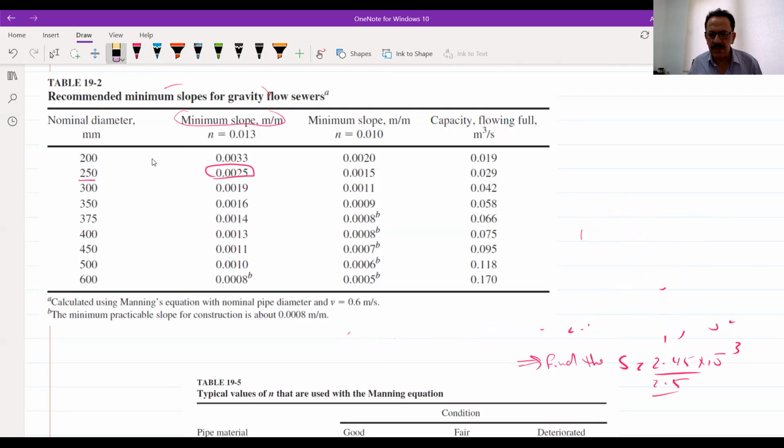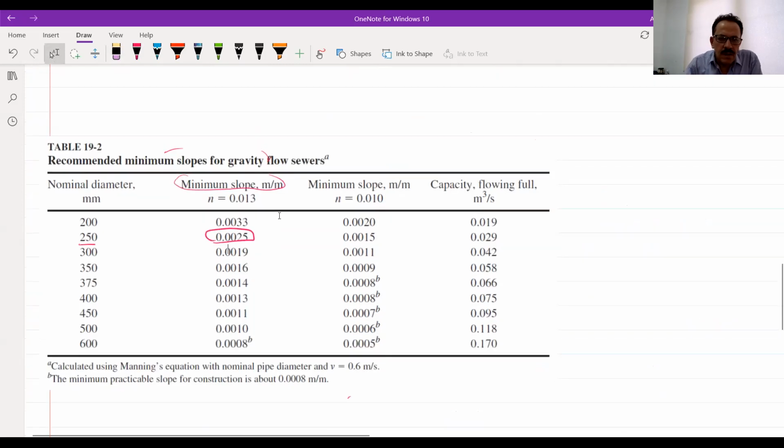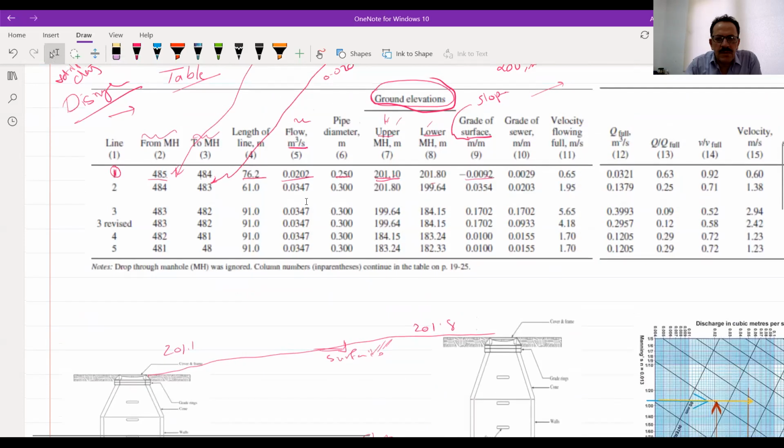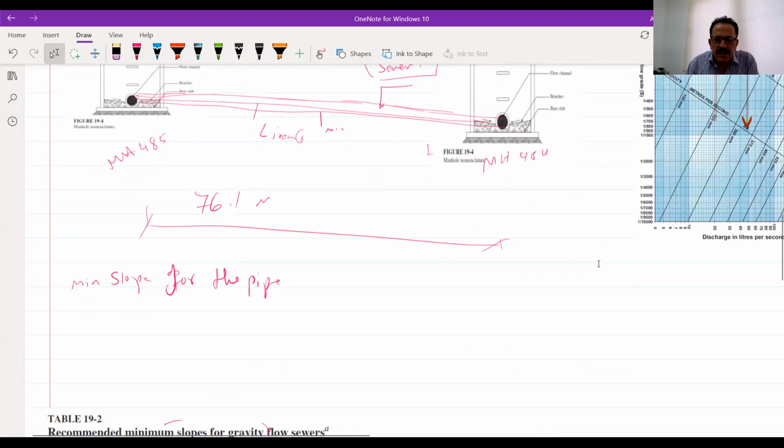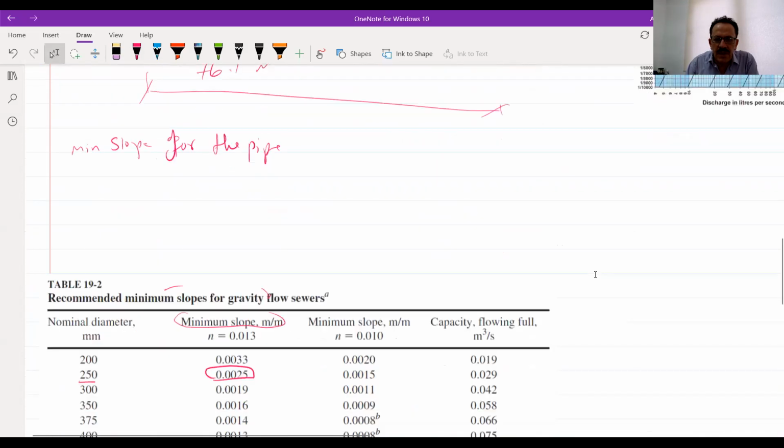So we have to go with that law. We will assume that this is in case of full flow. This is not a real one. By the way, this will help you. When I say the assumed slope, we have to use 0.0025. But check, look at this one, the velocity when we have this one. It will not give you exactly the 0.6, so I'll increase the minimum slope,